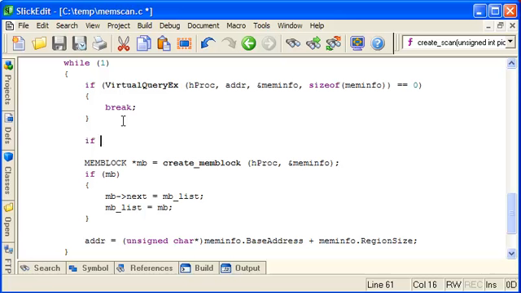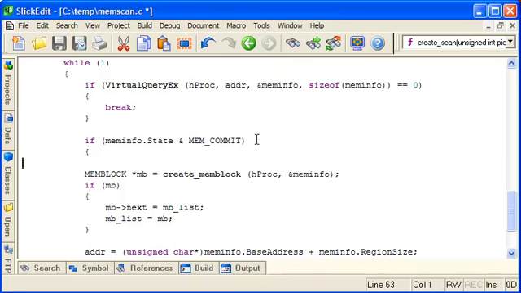So first of all, we check the member called state and we look for the MEM_COMMIT flag. And what that means is we discard any blocks that don't have the committed flag set in the state, which means that they do actually exist for real and haven't just been reserved for later use. So let's move all that